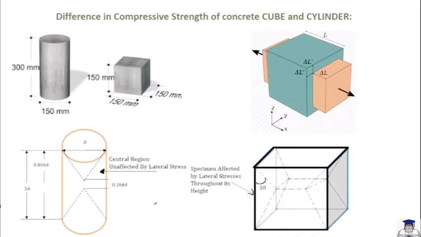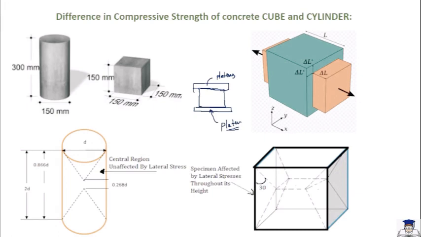See, the figure here shows you the specimen of 150 size. This is the standard size of the cubic specimen, and the cylindrical specimen has a diameter of 150 and depth 300. So as you can see, the width to height ratio is 1 here, but here the width to height ratio is 0.5, or the height to width ratio is 2, right? So these specimens are placed in the compressive testing machine to find the compressive strength of the particular concrete.